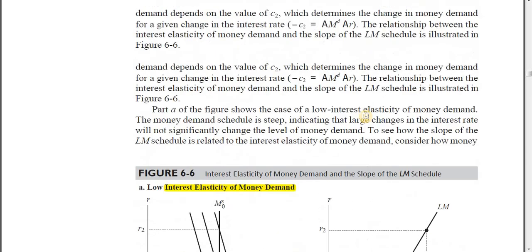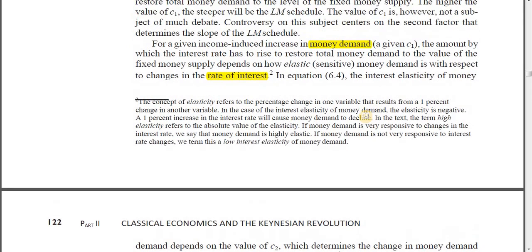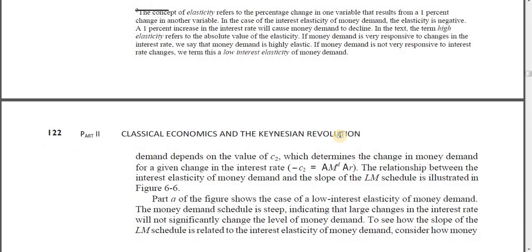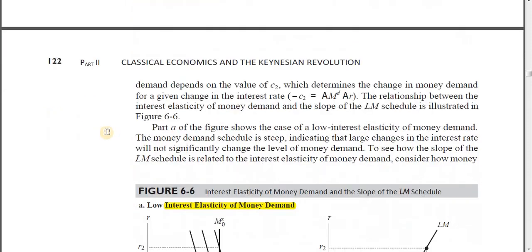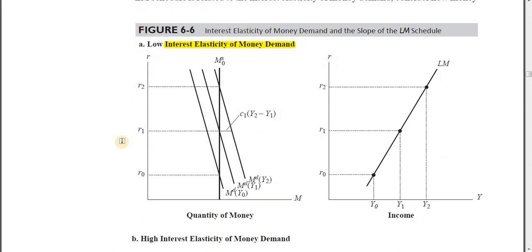And second, as we have already seen, income elasticity of money demand. The higher the income elasticity of money demand, the steeper the LM curve is. Why? Because with a given change in income, the higher the responsiveness of money demand to the change in income, the higher would be the transaction balance. And for that transaction balance, we'll need to reduce the speculative balance. So money demand exceeds money supply, and this is going to put upward pressure on the rate of interest, and that's how we'll get a flatter or steeper LM curve, depending upon how much the change in transaction balance was because of a change in given income, and that in one line means how responsive the money demand was to the changes in the income, or we just call it income elasticity of money demand.